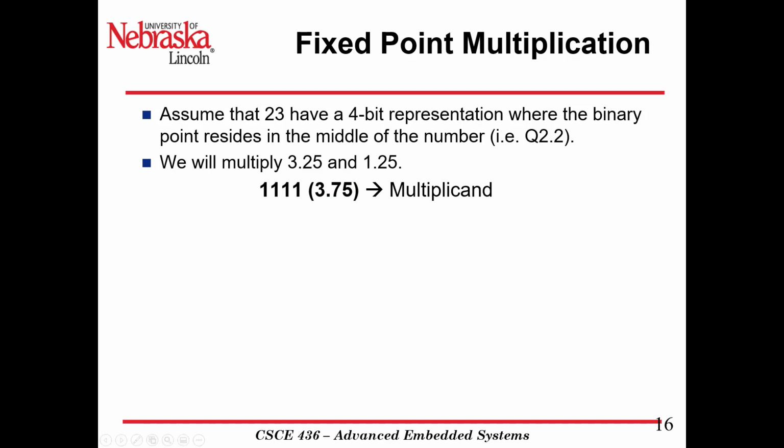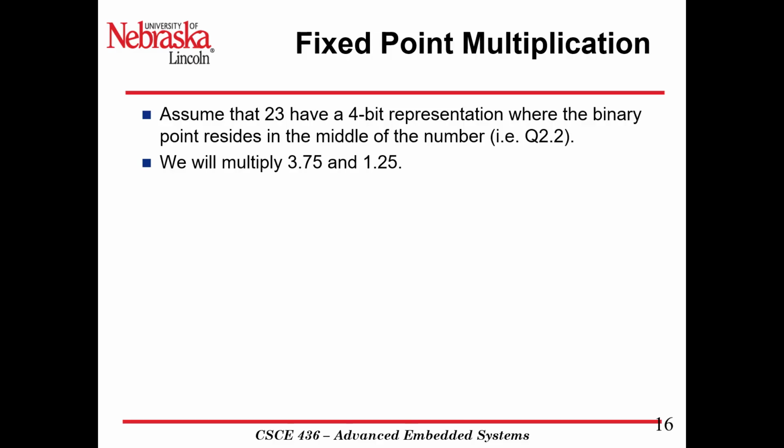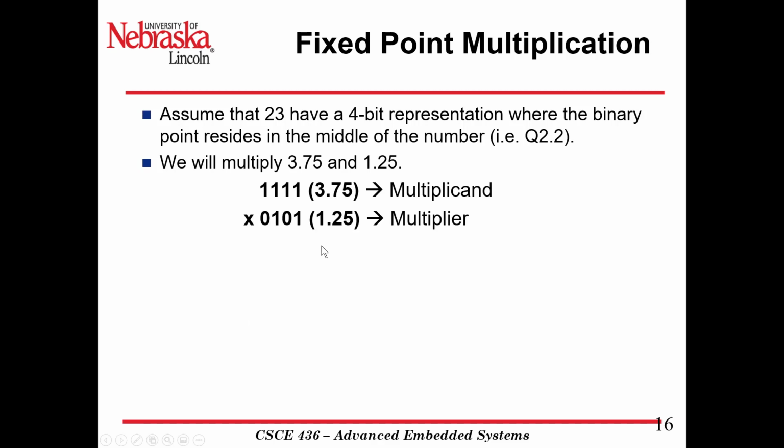And apparently I have that one backwards, so it should be 3.75. 3.75 is the multiplicand, and then convert 1.25, so you get 1, and then 0, 1 for the 0.25 is the multiplier. The multiplier and the multiplicand. Remember back when you did decimal multiplication in grade school, you basically started with the least significant